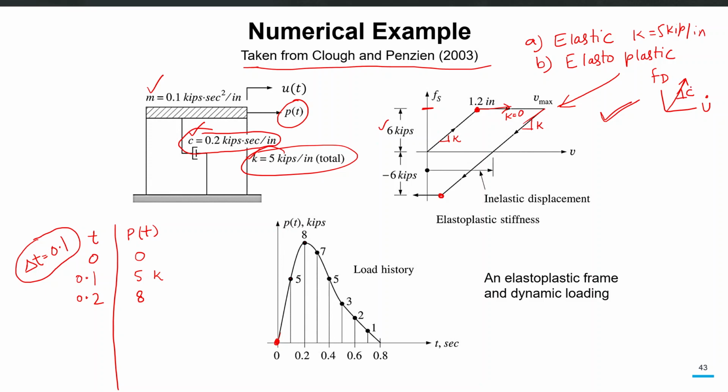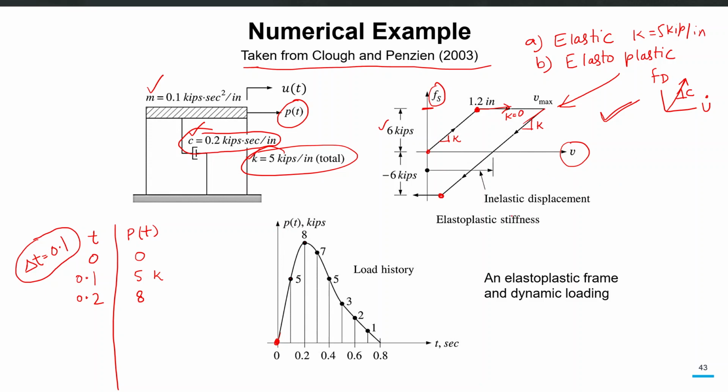So c is also constant, but the relationship between Fs and u in this elastoplastic case is nonlinear, and that nonlinear relationship is given. That is a simple kind of nonlinear relationship in which the value of k remains the same, the initial value, up to a certain displacement, and after that it becomes 0. So this is a simple case of an elastoplastic nonlinear system. So we will solve that. Obviously, to implement that flow chart, you have to take help from maybe Excel or some programming language.